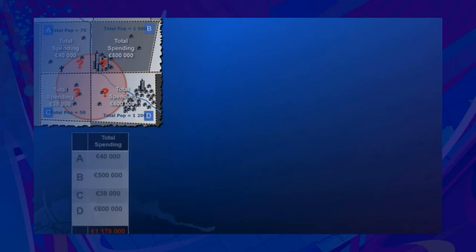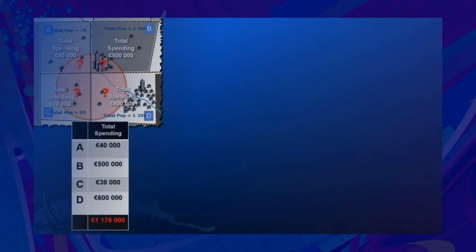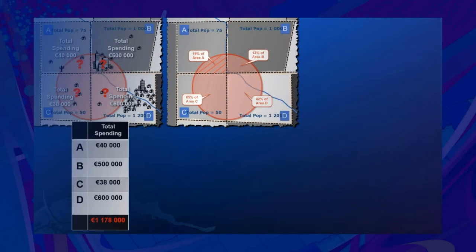In this first example, I'm simply retrieving the total spending amounts within the mapping units that are touching or intersecting my red ring-based analysis area. And there is the total spending in euros. This probably works fine if the analysis area has a similar shape and size as the mapping units that it touches, but in this case it doesn't. I want a better estimate. So in this case we simply totaled up each of the areas A, B, C, and D as is. In the second example,